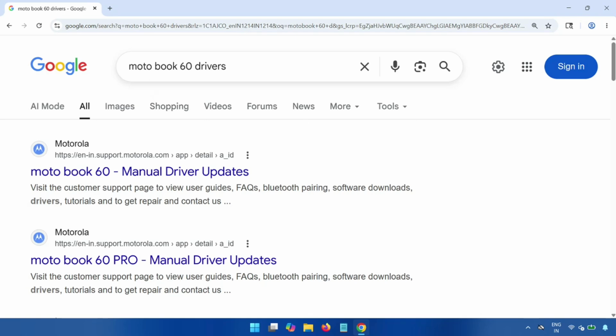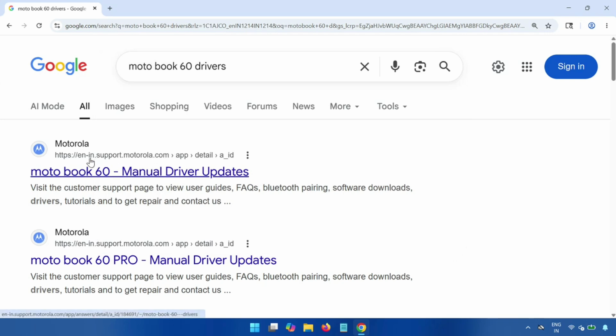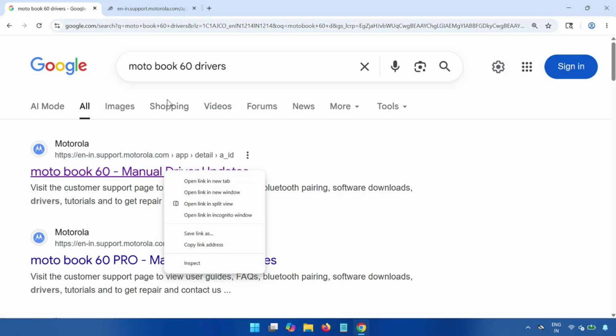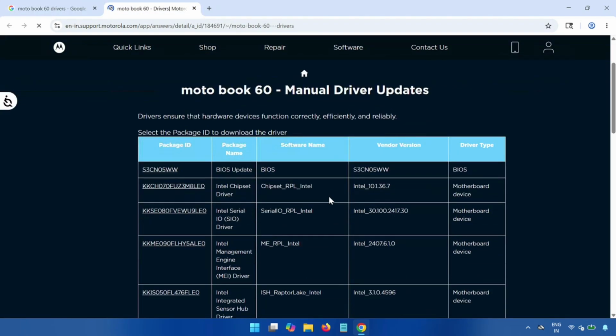So first, open any browser like Google, and in the Google search box type Moto Book 50 drivers, and then the first link, this is officially motorola.com. Right click to open and go to this website. Okay,